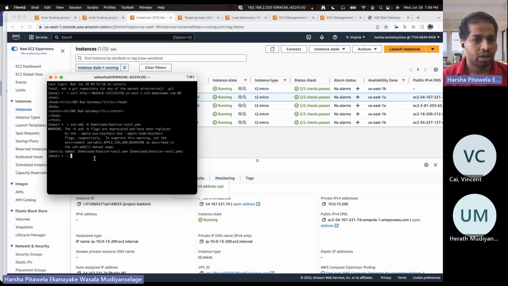Sorry about that. When we connect from the Bastion to the web server, since we don't have the PEM file there, we need to add it to the SSH agent so we can chain SSH from one instance to the other. So now I have added my PEM file to the agent, so I can now use SSH minus A. It will get this PEM file from the agent, then connect to the